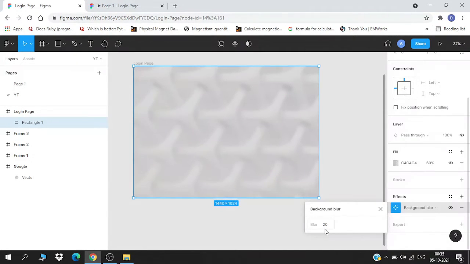As I'm increasing this more, the screen is getting more and more blurred, and the background is not as bright as it was before.